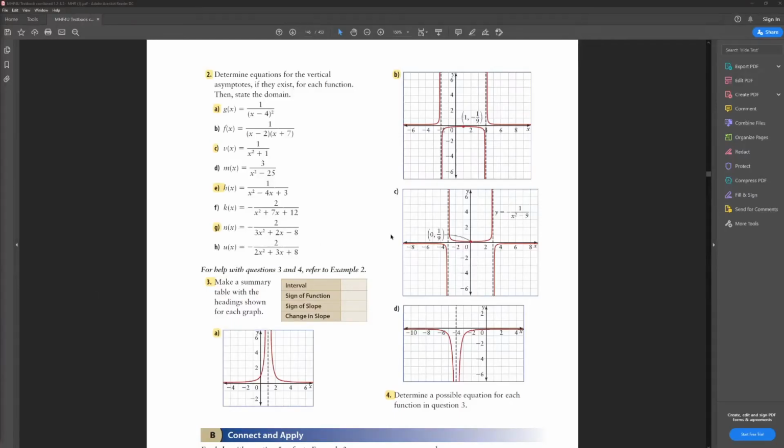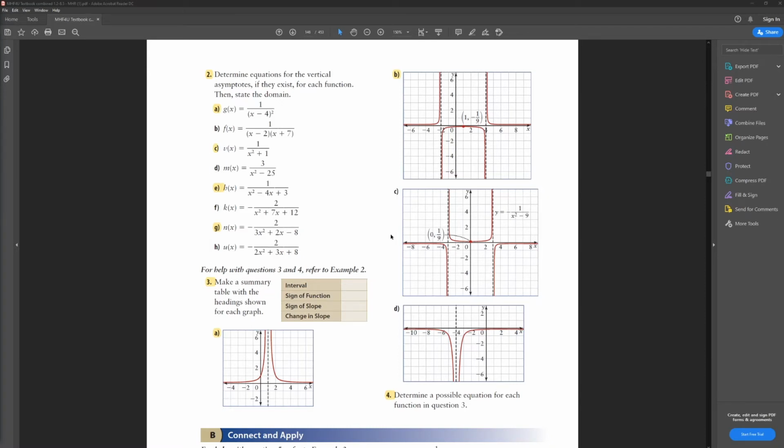Okay, so let's look at question 2. I assigned 4 parts here because honestly this question is rather simple. Determine equations for the vertical asymptotes if they exist for each function, then state the domain. So for A, C, E, and G, any type of quadratic function, to find the vertical asymptote, we need to